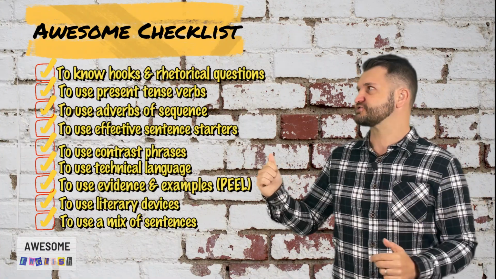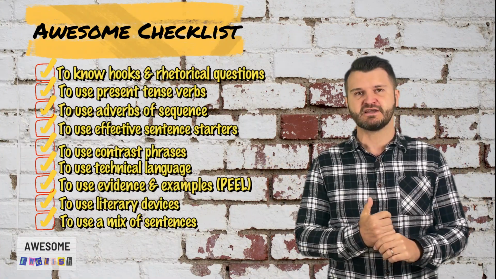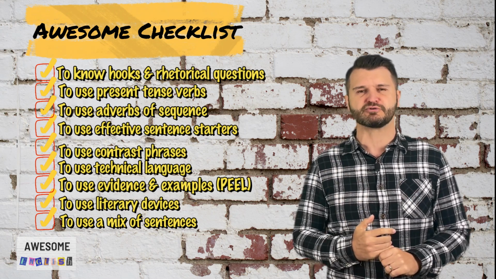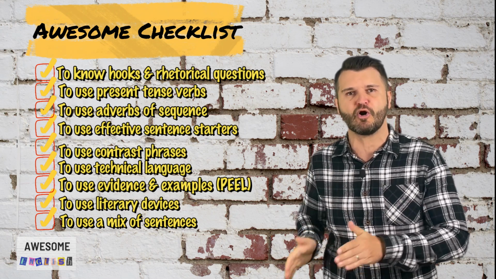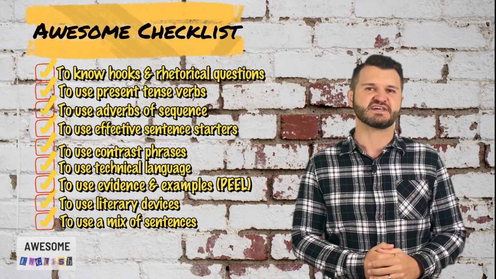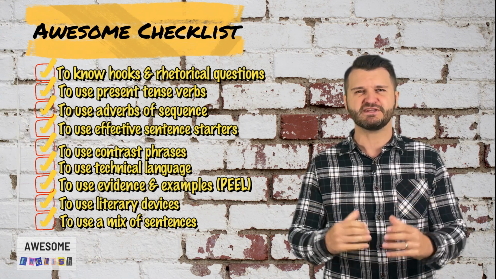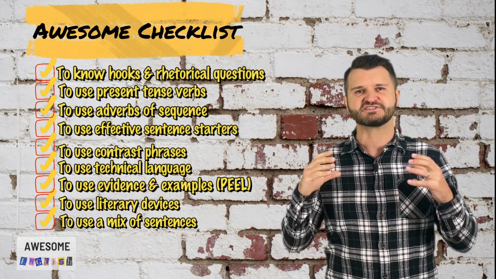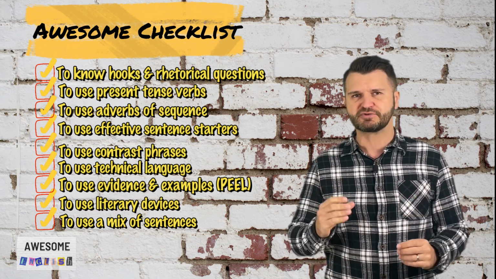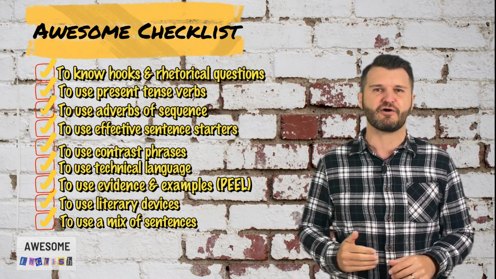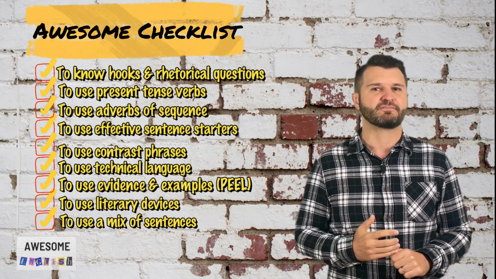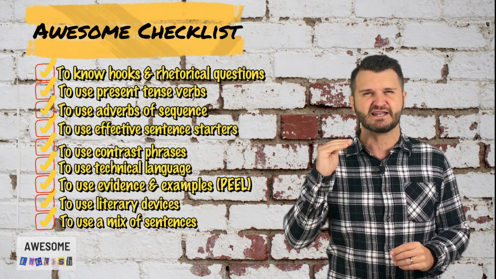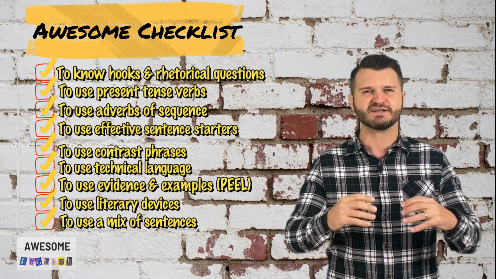Welcome to our awesome checklist for today's lesson. These are the learning objectives we want to achieve by the end of the lesson. It's our roadmap to success. Now, there are so many features and micro elements we can include in a discussion essay. Your job today is not to know all these back to front, but just to be aware of them. And I'll test you at the end to see if you can list them and remember what you might include